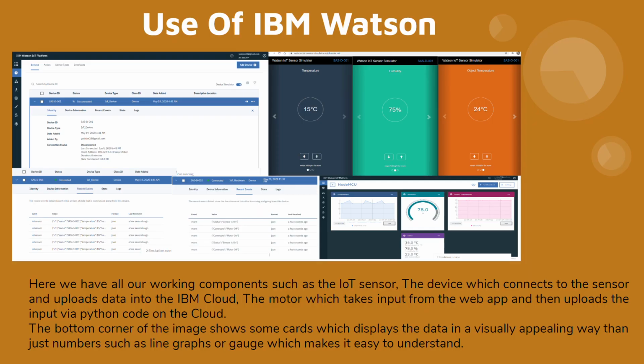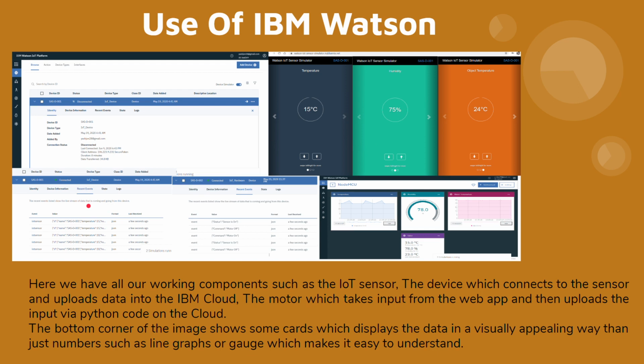Let's go to the proposed solution. Moving ahead to the IBM Watson IoT platform. Here, we can create different types of devices, and under them we can make any device, each of which is unique and has its own authentication details using which we can connect them to various platforms. Here, a first IoT device having ID SAS D001 is connected to the IoT sensor shown here. It takes these values, the temperature, humidity and object temperature, and then pushes them to the cloud, which we will access later using Node-RED.